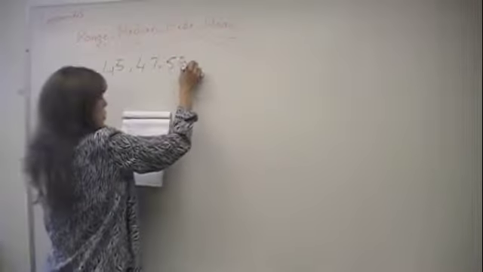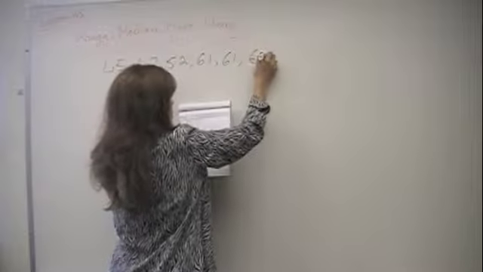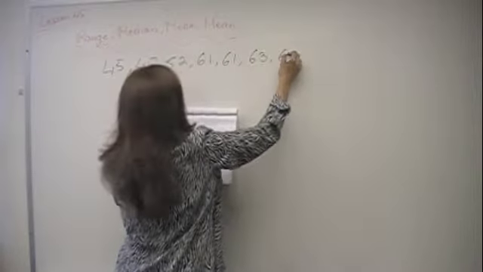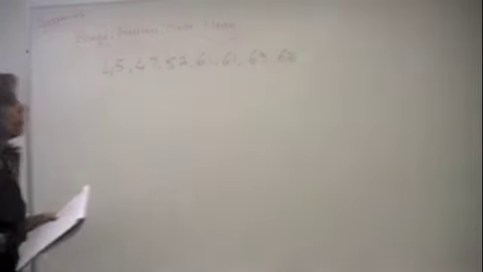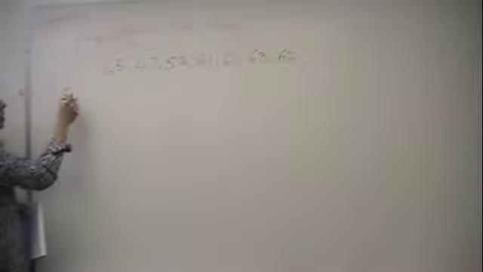You have sets of numbers. These numbers can be the speed of vehicles. You have 45, 47, 52, 61, 61, 63, and 67. To find the range of these numbers,